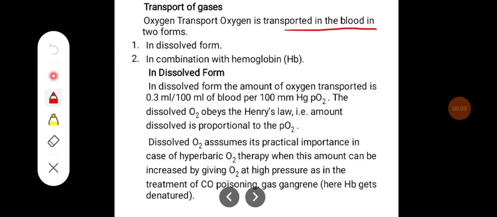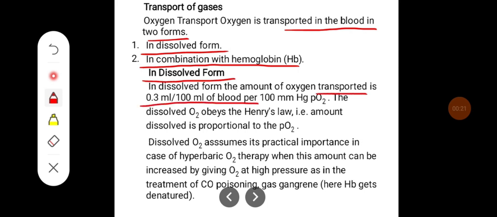Oxygen is transported in the blood in two forms, one in dissolved form and another in combination with hemoglobin. In dissolved form, the amount of oxygen transported is 0.3 ml per 100 ml of blood per 100 mmHg of PO2. The dissolved oxygen obeys Henry's law, that is, the amount of dissolved oxygen is proportional to the partial pressure